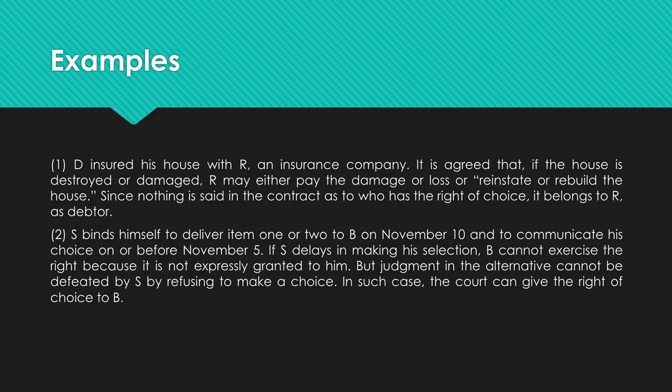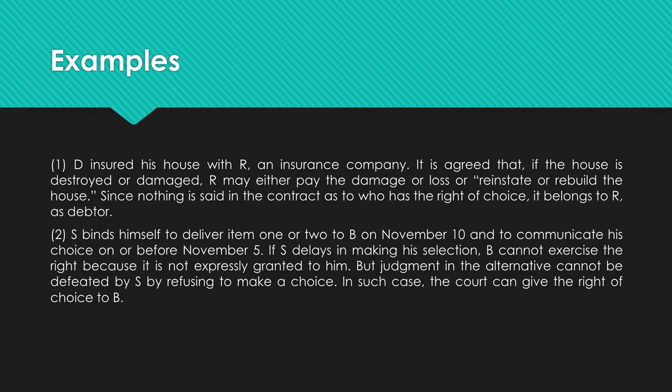Okay. So here S is the debtor and B is the creditor because it's the one who's going to receive either item 1 or 2. But S is only given up to November 5. But in this case, though, B cannot exercise the right as the creditor because it was not expressly granted to him. But the judgment in the